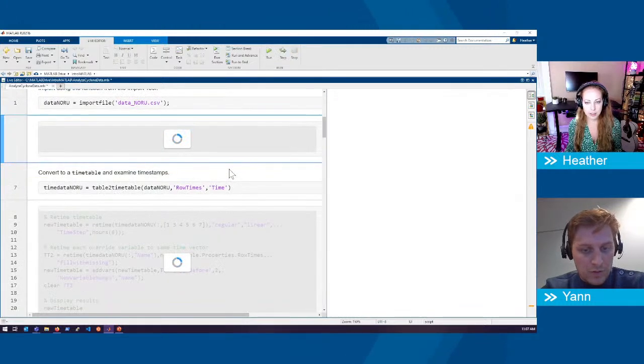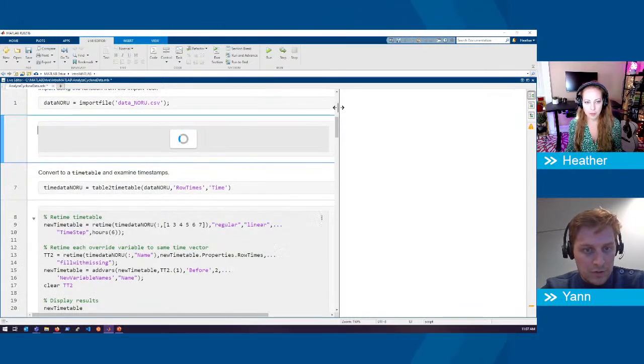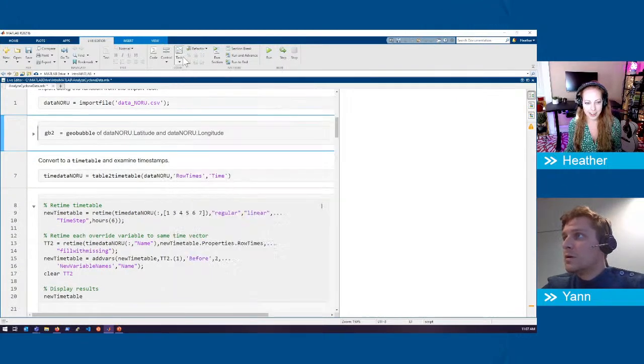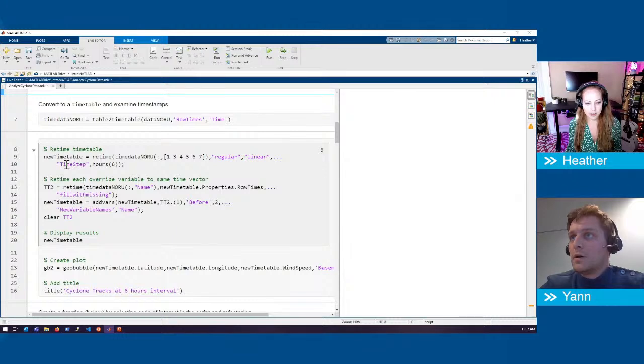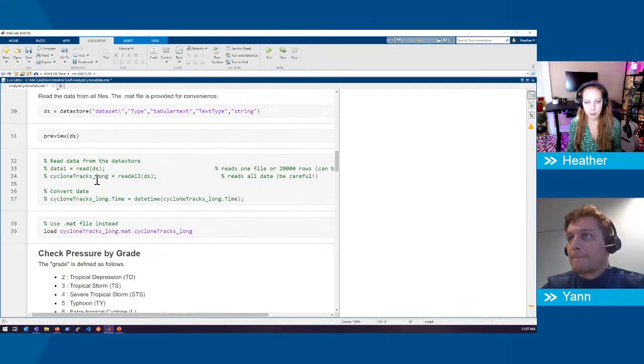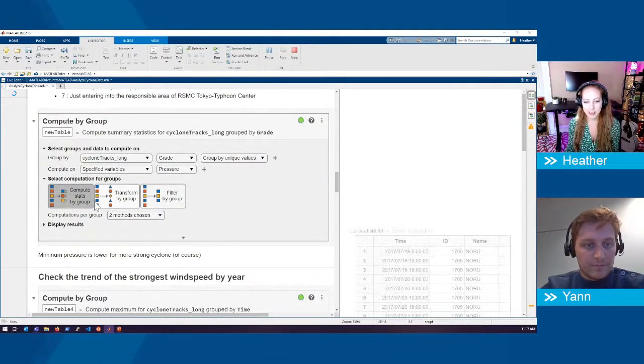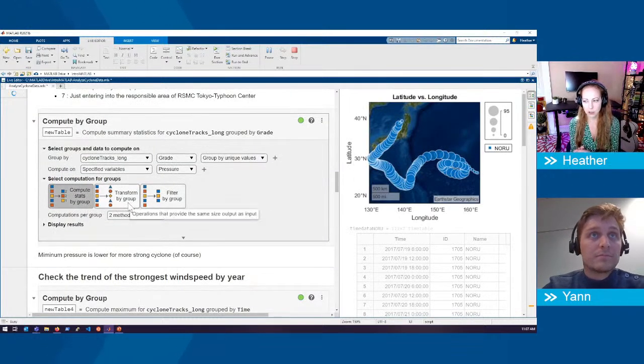All right. So again, these are from the new ones, compute by group and normalize. And I just wanted to show some of, here's the compute by group. Sorry, I'm going to go ahead and run this. So one of the things I love the most about this is the visualization that shows you what's going to